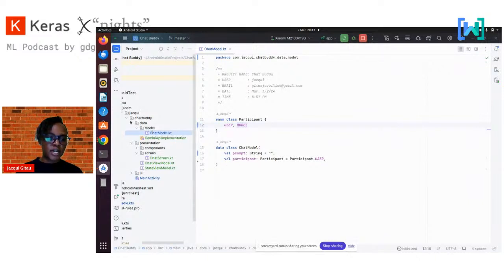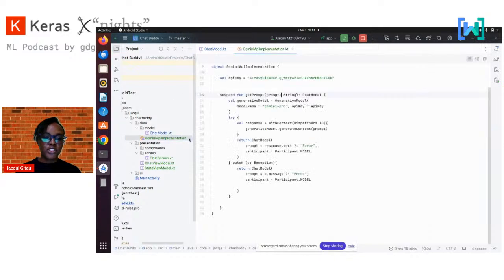So first of all, I created a data package which has the model in it and also the Gemini API implementation in it. This is a data class called ChatModel, which has a prompt and a participant in it. The prompt is what we're going to use to give prompts to the model so that it can return a response. And the participants are the two participants that are going to interact with the model. That is you as a user when you're inputting, say, a prompt in the text field, and then there's the model itself, which returns a response after giving it a specific input. And then we have the Gemini API